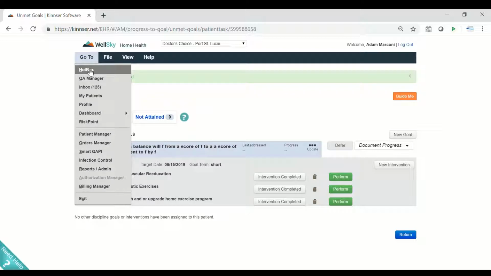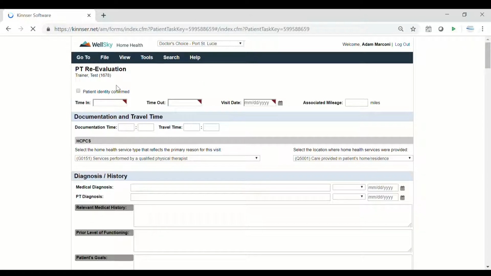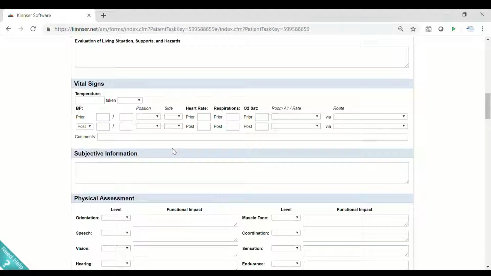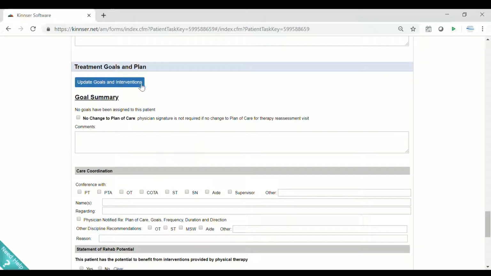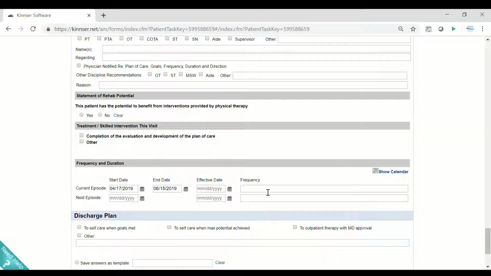If we go into a reevaluation, exact same format, you have to have your time, date entered, and as I would go into the progress to goals dashboard, I can do the interventions like I just showed you. Now on a reevaluation, if you're not actually changing anything, you don't have to put anything here. You can leave it blank. You don't have to put an effective date. If you have orders that are already current, there's no need to do anything in these boxes here.